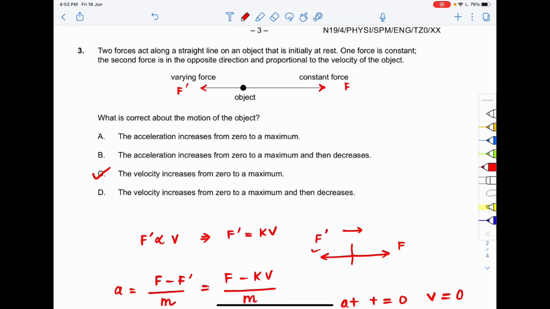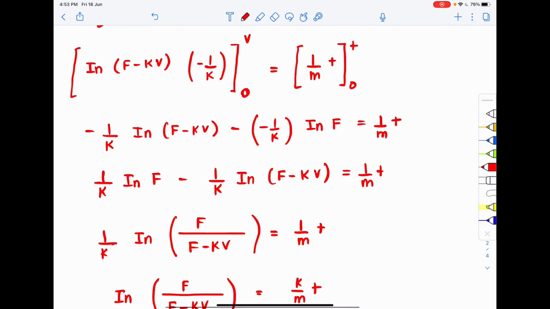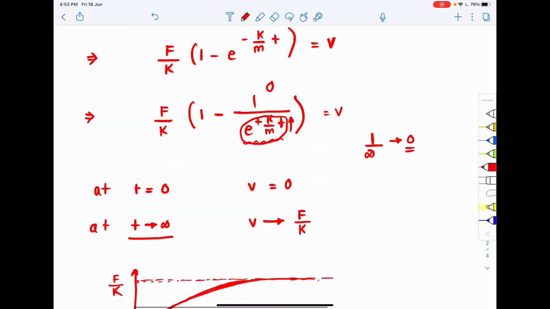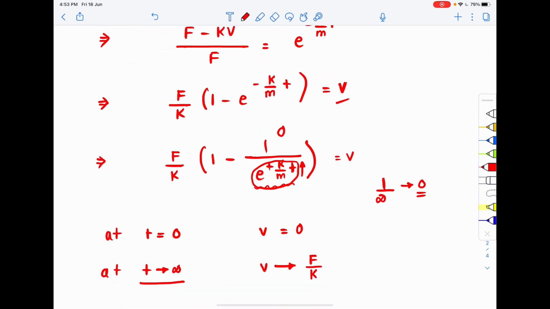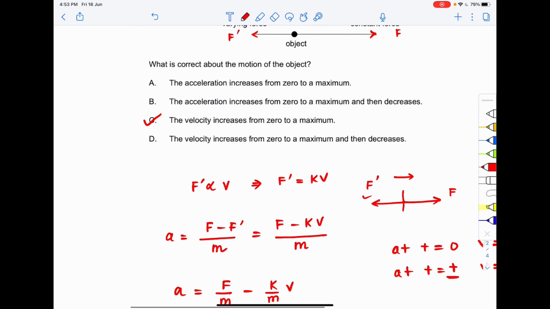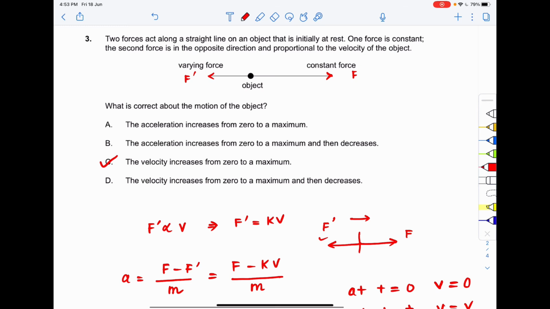So this is a very good question, okay? Now this question is not over also. I'll leave you a quick homework. Now we got the formula for your velocity. Differentiate that and get acceleration and match the other options also. By doing so, you'll get that only option C is correct. Do it as homework. So I hope you got the question. The correct option to your question 3 is option C.